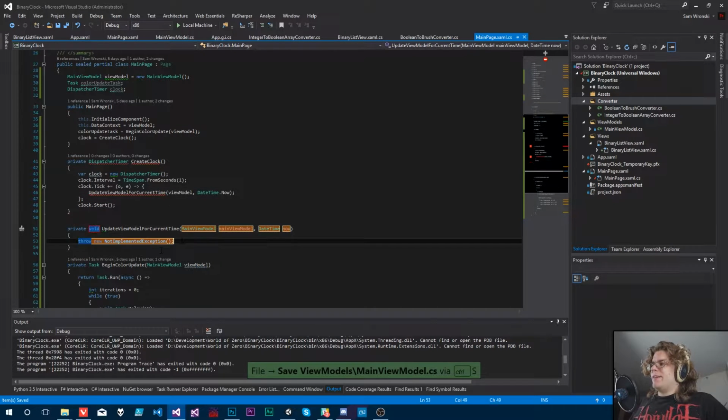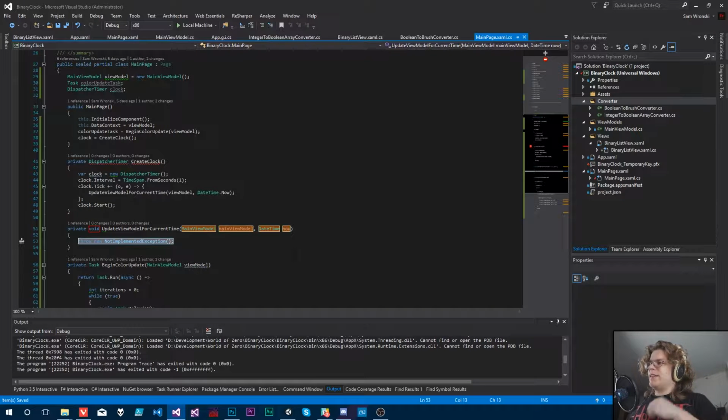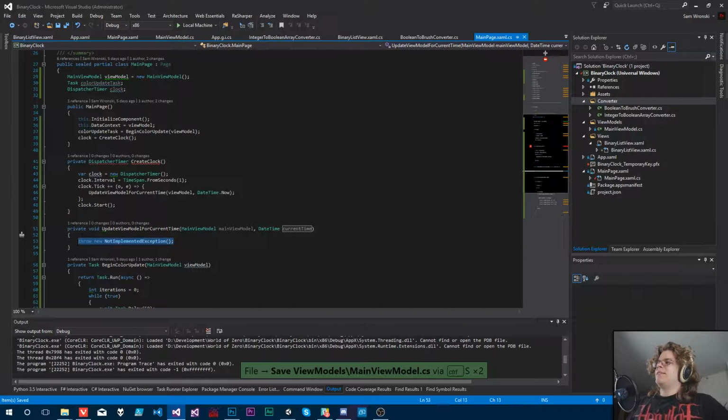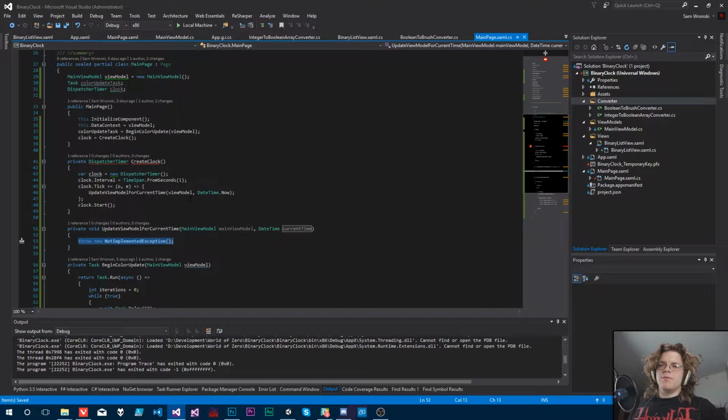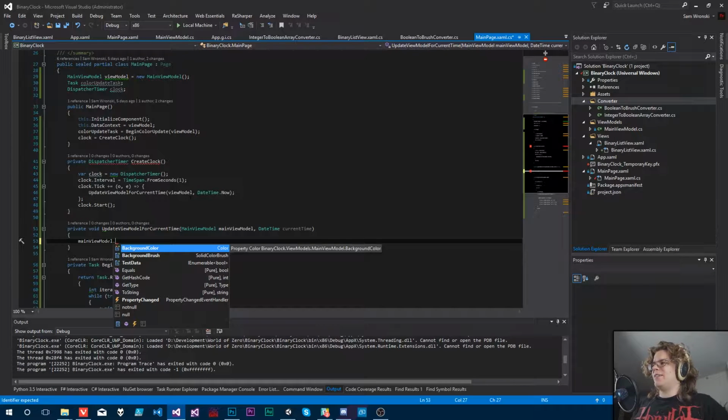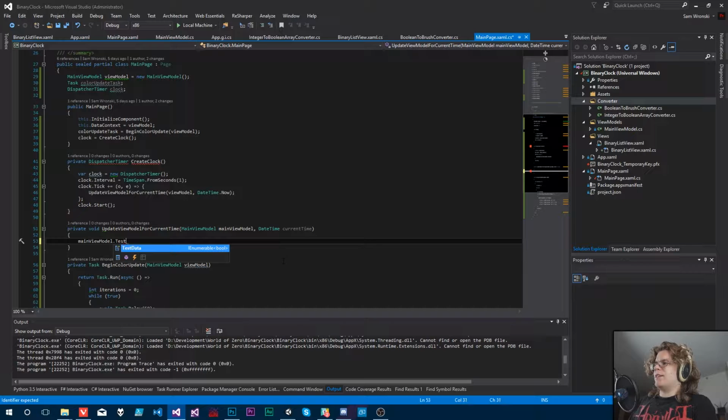So if I create a method here, what we want is to take our current time and then translate that into some values that we can actually use in our clock. For now, I'm not going to actually do any of that. I'm just going to take the main view model and plug in our test data